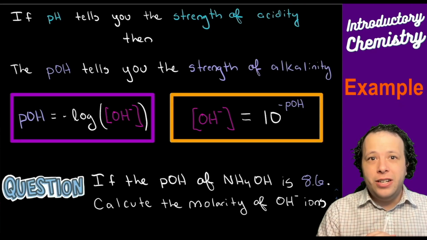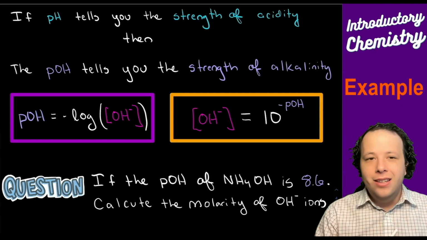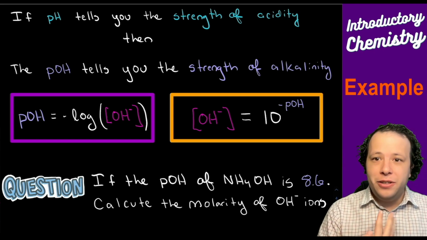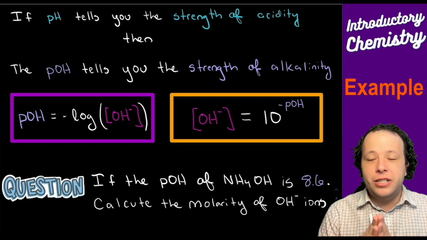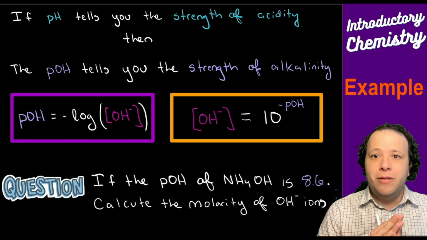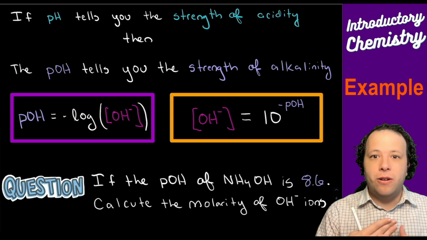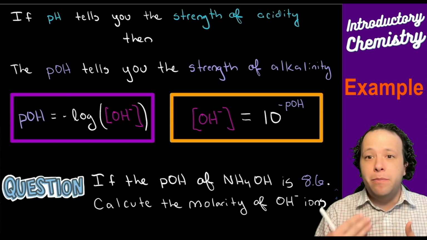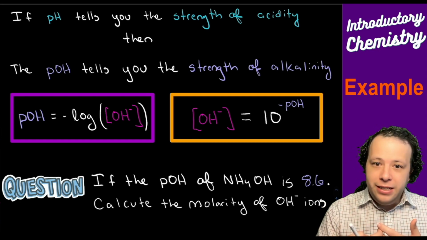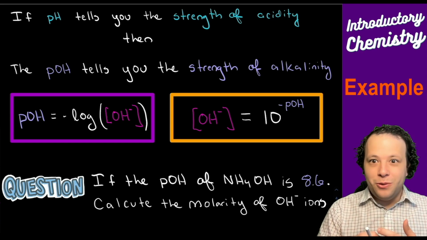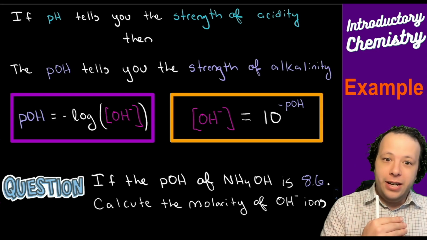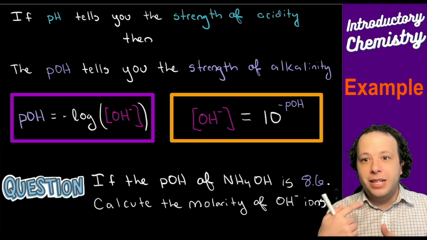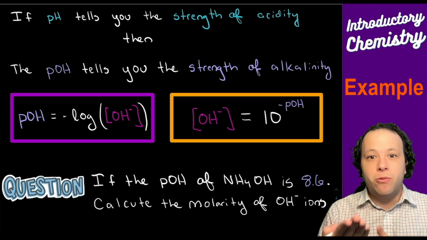So if pH tells you the strength of acidity, then pOH must tell you the strength of alkalinity, meaning that we can do the same calculations for pOH. If I have a base, we can figure out how strong that base is instead of it being represented by an acid. Remember, these are two different species. They're related to each other, in that they can neutralize one another, but it all depends on what example you are given. Are you given an acid or are you given a base? Because that's what your calculation is going to be referencing.